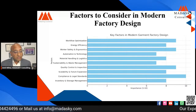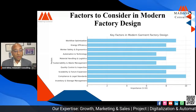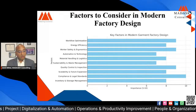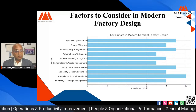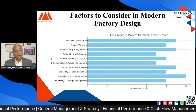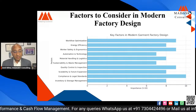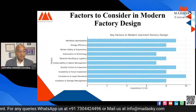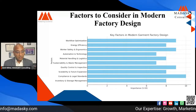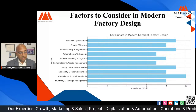In terms of importance, energy efficiency. See, believe me, now energy is not cheap, right? And if I'm saying energy is not cheap, how do you best optimize your energy cost? You cannot reduce the cost of running machines, because machine motors are nowadays rated really high and good. But how do you reduce your daily cost? General lighting, the ventilation system, your daylighting, if you can utilize that. Whether I should put in a forced ventilation system or natural ventilation is fine. All those kinds of elements have to be thought through depending on the region where the factory is